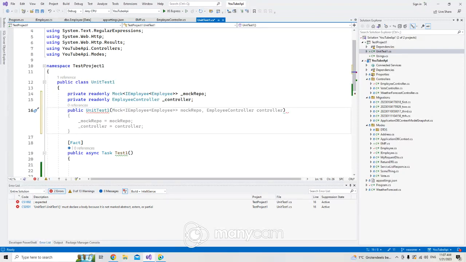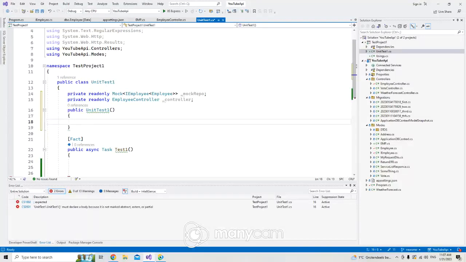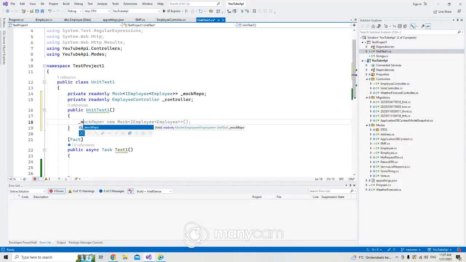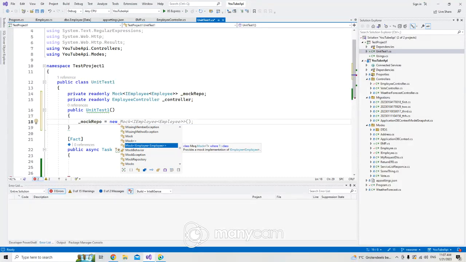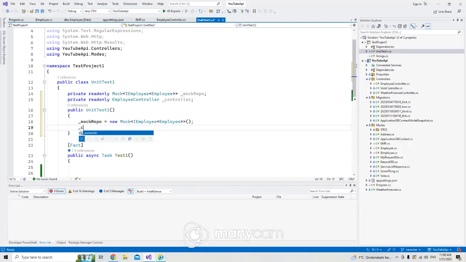It accepts nothing, but here it can also accept something, but I don't want to accept something. Okay, I want to say here now my mock repo is equal to new this. Okay, and this is exactly the same. That's up to you how you want to use it. Underline controller is equal to